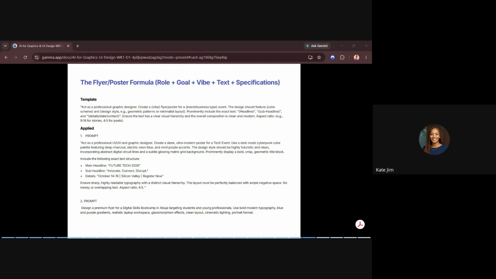Now for the flyer and poster, we're going to check them because I'm working with time. It's almost time. I'm going to share all of this prompt with you. I just want you to understand what each of these tags mean. Once you have a good prompt, you have the results that you want. It's just about prompts.